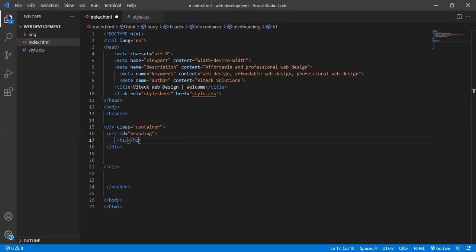It's an H1. We need to give it a span highlight. Sorry, I omitted this. Give it a class equal to highlight. So give it a class of highlight. Close right away, and